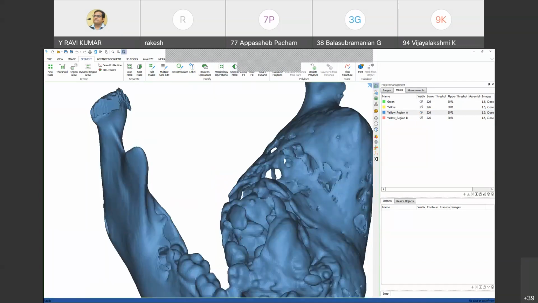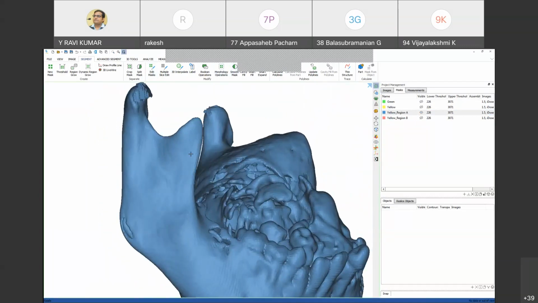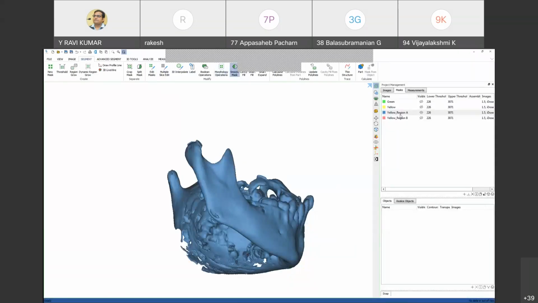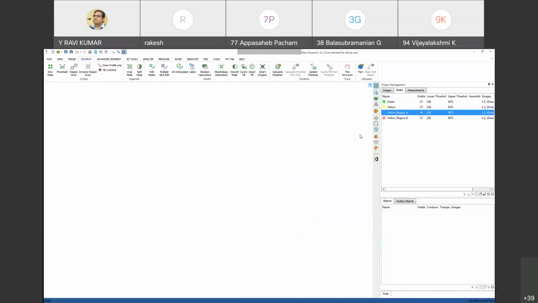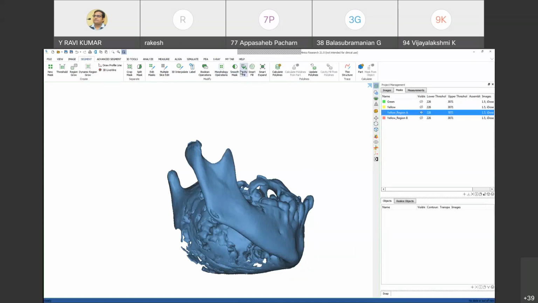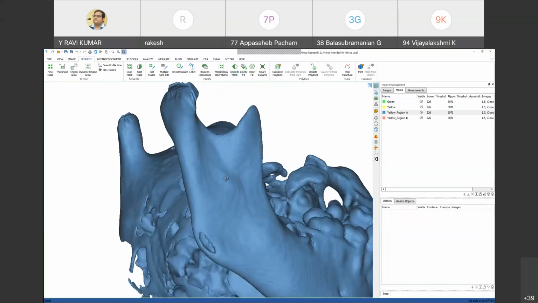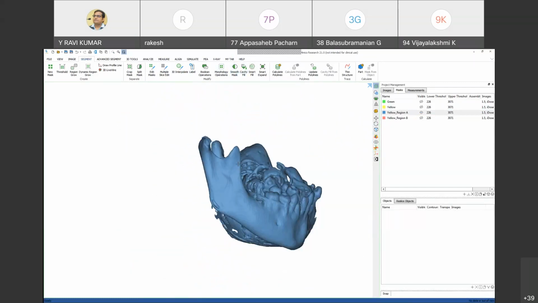See, this mask is somewhat uneven, right? So we can smooth it.